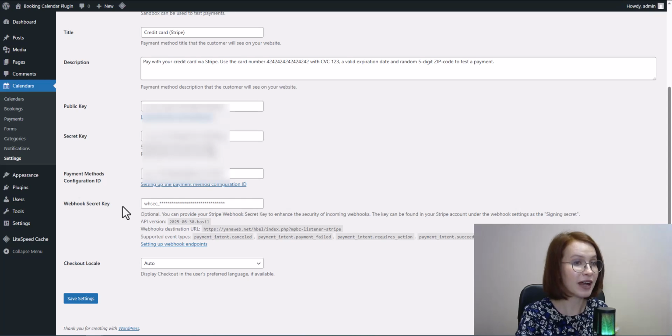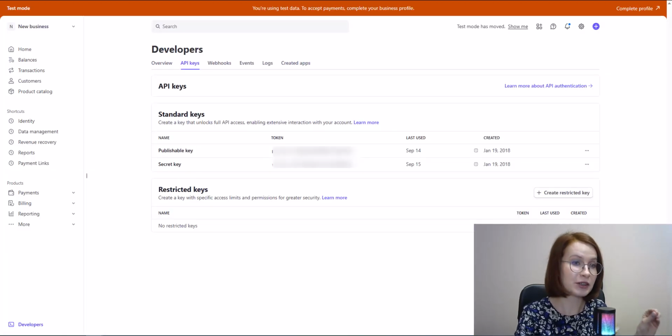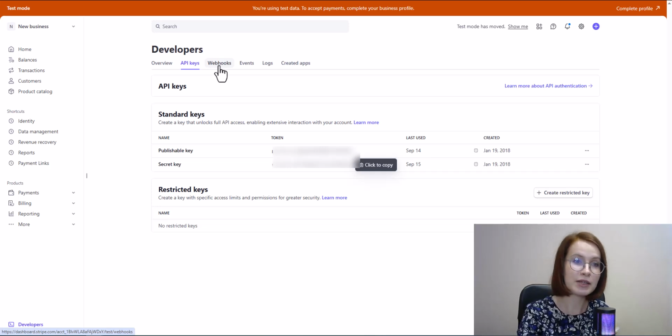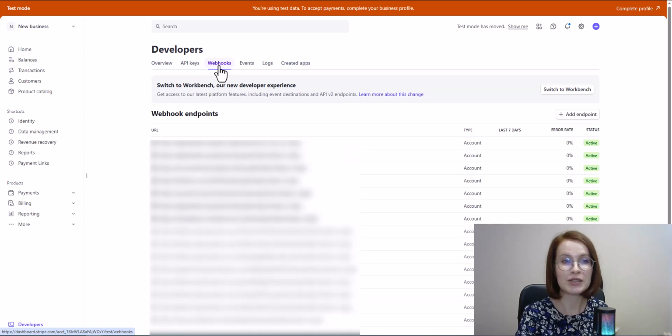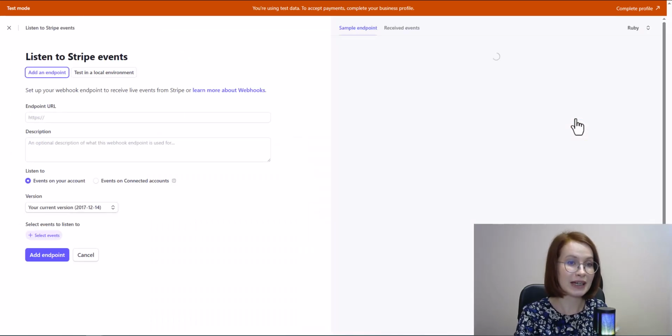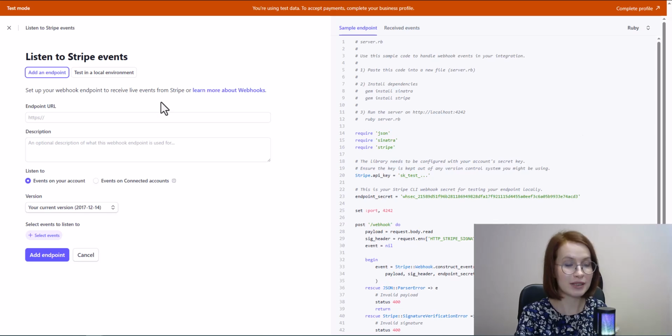Because it verifies that incoming requests are actually from Stripe, and without it, anyone could try to send fake requests. And with the secret in place, your site can securely handle events like payments succeed, failed, cancelled, or requiring action. To set this up, go into your Stripe dashboard, then Webhook settings, click the plus icon to add endpoint, paste